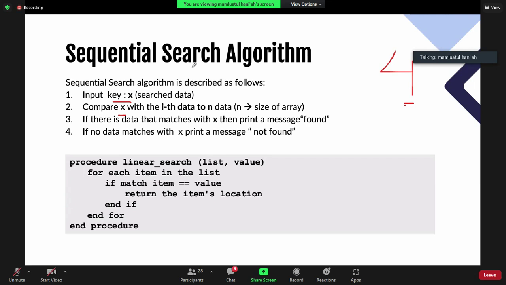If there is data that matches x, you can print found. If no data matches x, you can print not found or index -1.